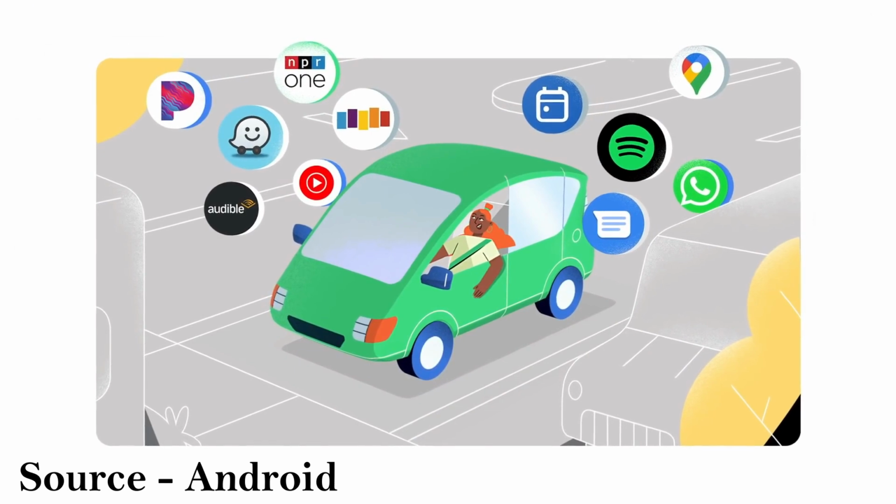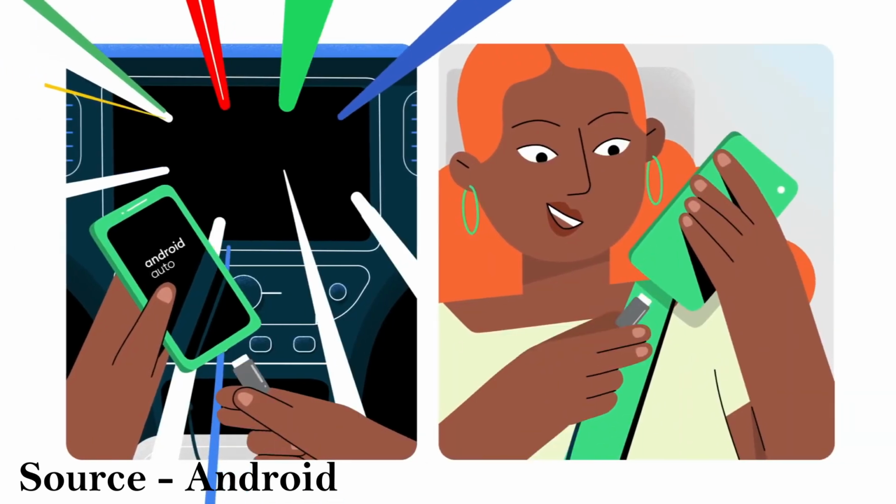So guys, in today's video I will show you how to use Android Auto in your car and what features it provides. Android Auto was developed by Google in collaboration with different car manufacturers, and is mainly designed to help you focus on the road while you are driving. It was revealed in 2014, and as of September 2021 Android Auto is available in a total of 44 countries.